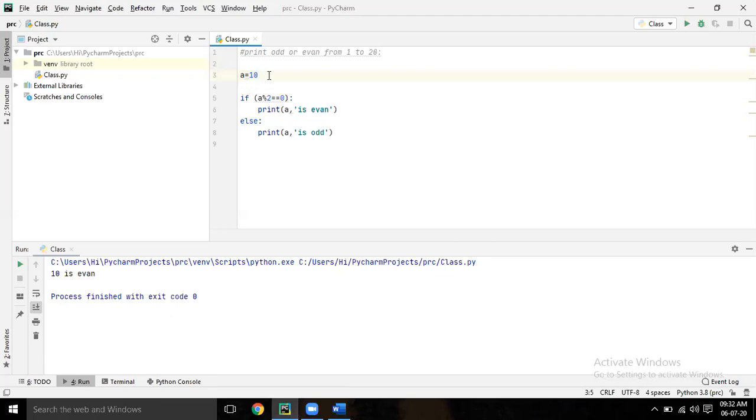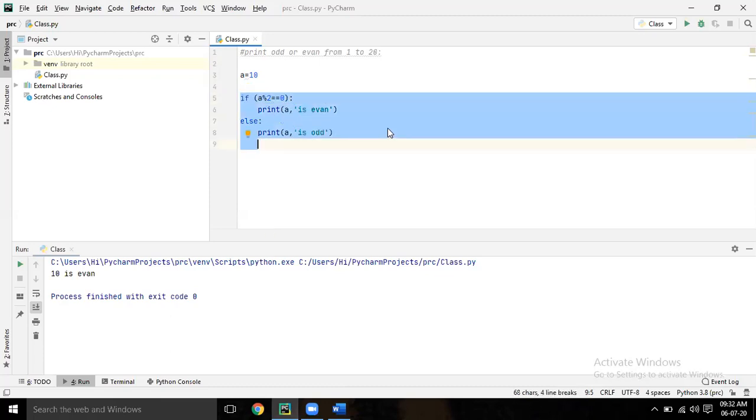Here A equal to, it will go 1 by 1, right? Let it be A, and just select from if till the end. Select everything from if to end.